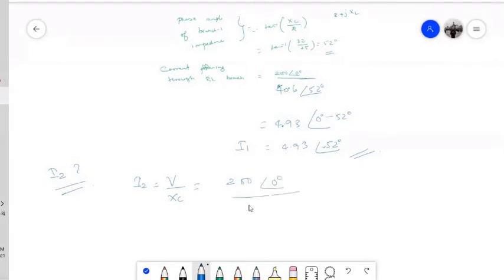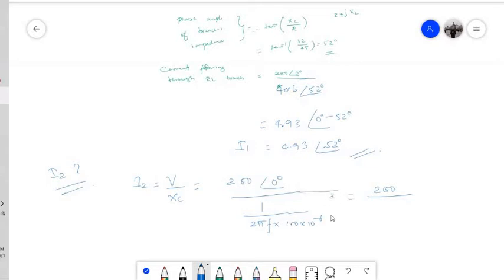XC will be 1 divided by 2 pi F into C, and C is given as 100 microfarad, and F is given to be 50 hertz. So all the data is available to us. When you find, you will be getting around 200 divided by,